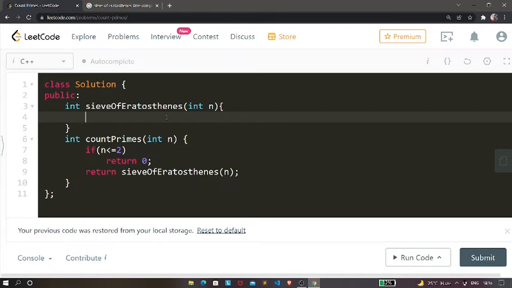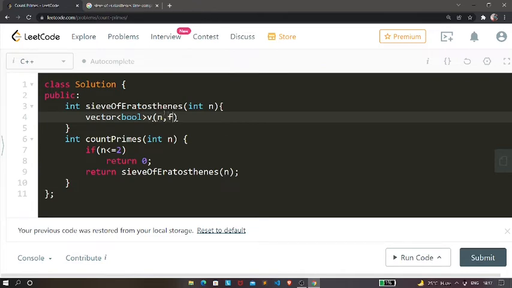Now, the first step I'm going to do is that I need to have an array, or let's say a vector. Let's say the vector is of type bool, and let's name it v. The size of the vector will be n, because we need to find the prime numbers which are less than n.